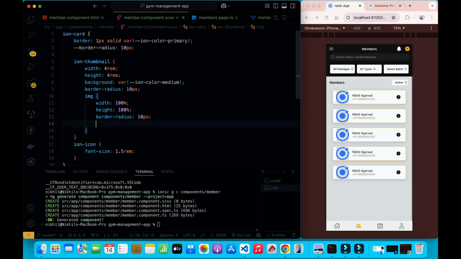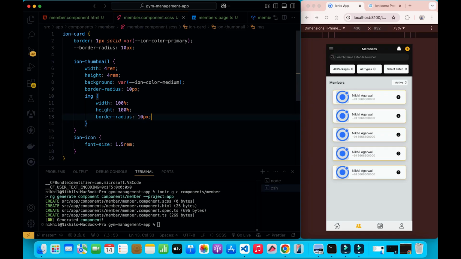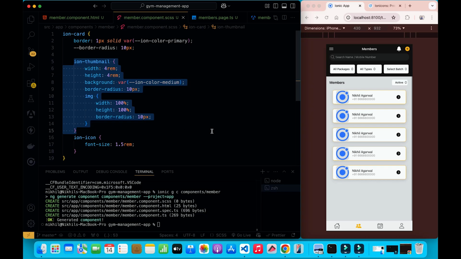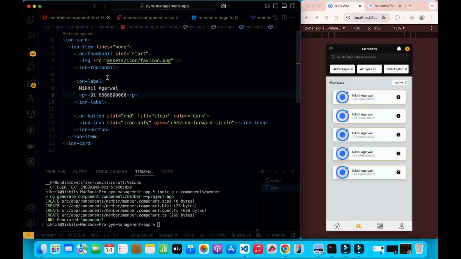Now the last thing which I need is object fit. Well, we don't need that because in Ion thumbnail it's already been taken. So let's skip that part. Now the Ion thumbnail is designed properly. We are happy with that. For the Ion card, I need some padding at the bottom and the top. So what am I going to do? For the Ion item,